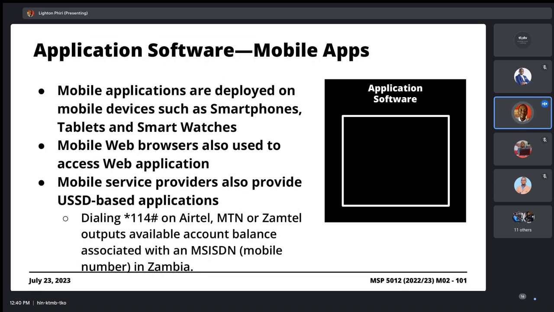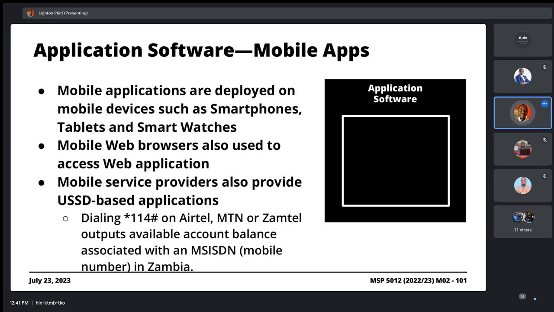Most of you probably have a Chrome app or a Firefox app installed on your smartphones. Those are mobile web browsers, essentially. You use them to access web applications like the ZSPIS application, just like you would on your laptop. The idea is the same. It's just that those applications are optimized to run on a mobile device like a smartphone.